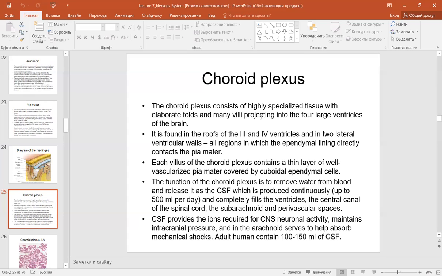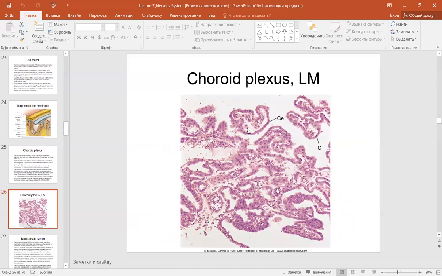An adult human contains from 100 to 150 milliliters of cerebrospinal fluid, so the rest, 300 or 350 milliliters, are reabsorbed by the arachnoid processes. Choroid plexus, which is blood vessels covered with the ependymal glia,